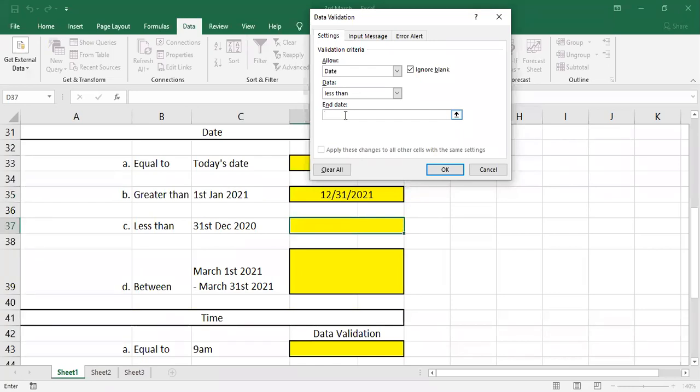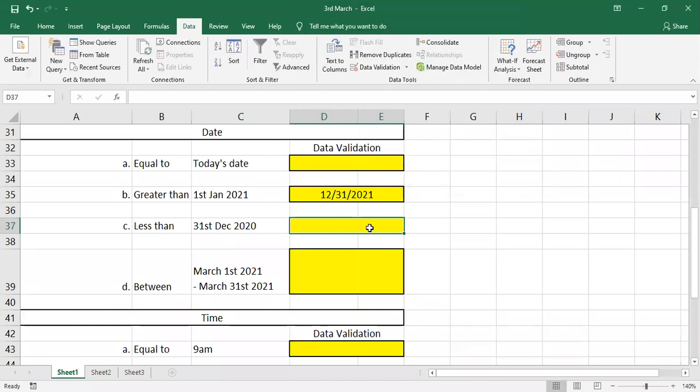Here I have to give it in MMDDYY format. If it is 31st December 2020 means I should give here 12/31/2020. It will only accept the dates within 31st 12/2020. It won't accept beyond that. Okay. If you click on okay. Now if I give here 1/1/2021.